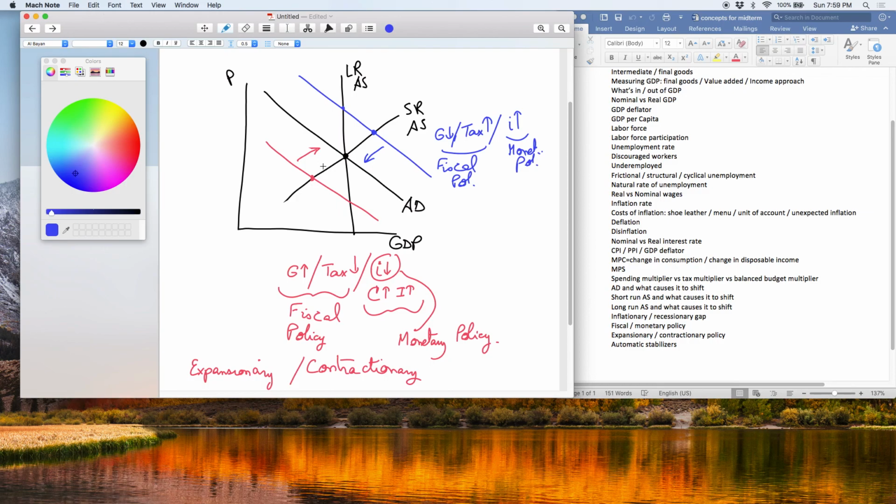Automatic stabilizers, so the problem, so we mentioned the pros and cons of fiscal versus monetary policy, and we said part of the problem with fiscal policy is that in order to pass fiscal policy you have to have the Congress and President agreeing, that could take a while. So typically it takes more than 6 months. In the meantime, the recession is happening, right? But once they agree, government spending goes up, there's an impact automatically on the economy, or taxes go down, there's an impact automatically. Monetary policy,